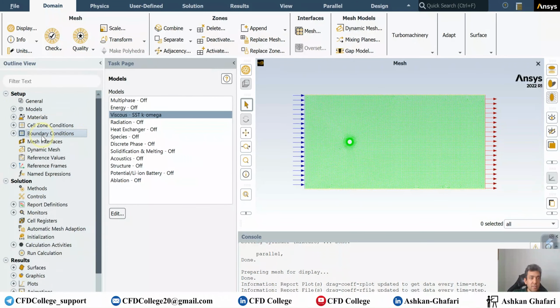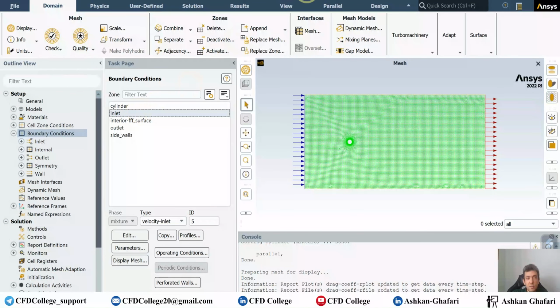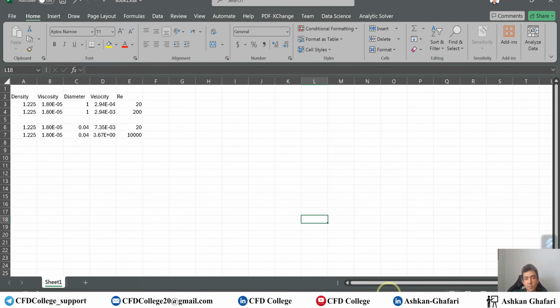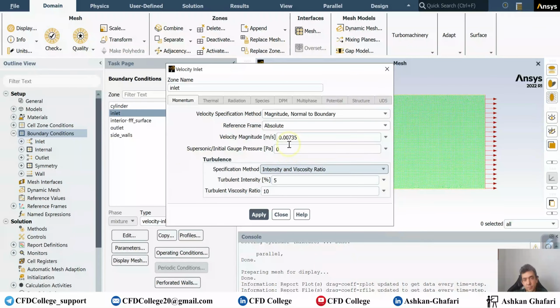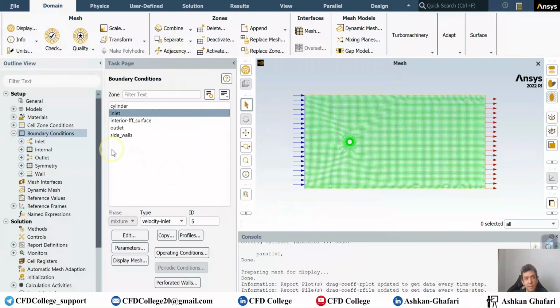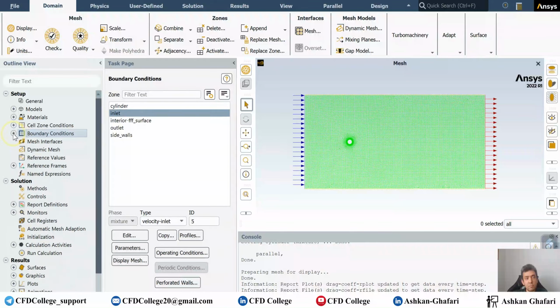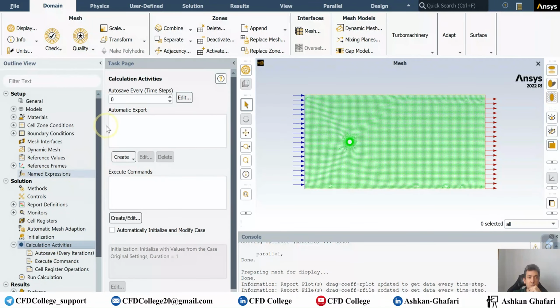So k-omega SST, and for the inlet, we have to modify the velocity, 3.67, 3.67, and everything is fine. You just need to specify this autosave frequency, or you can create an automatic export. I explained these in a previous tutorial, but again, if I want to say some words,